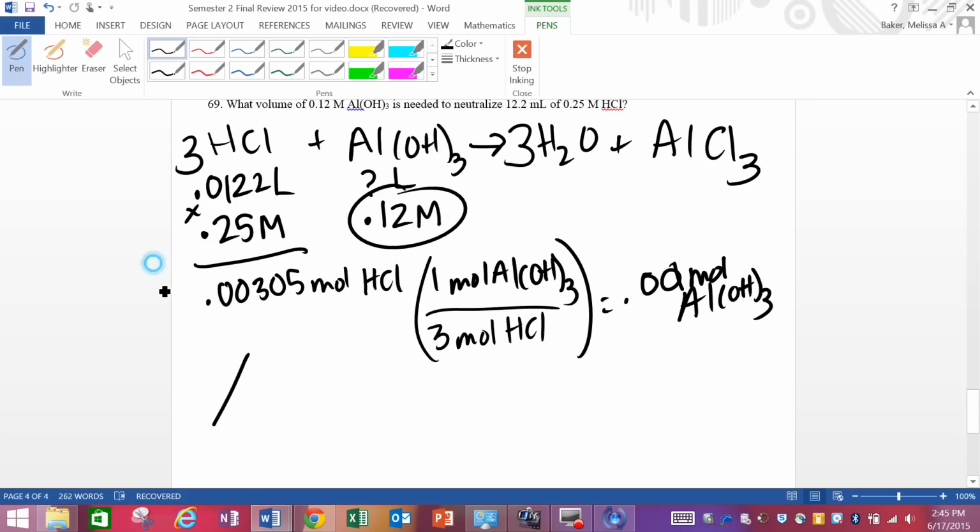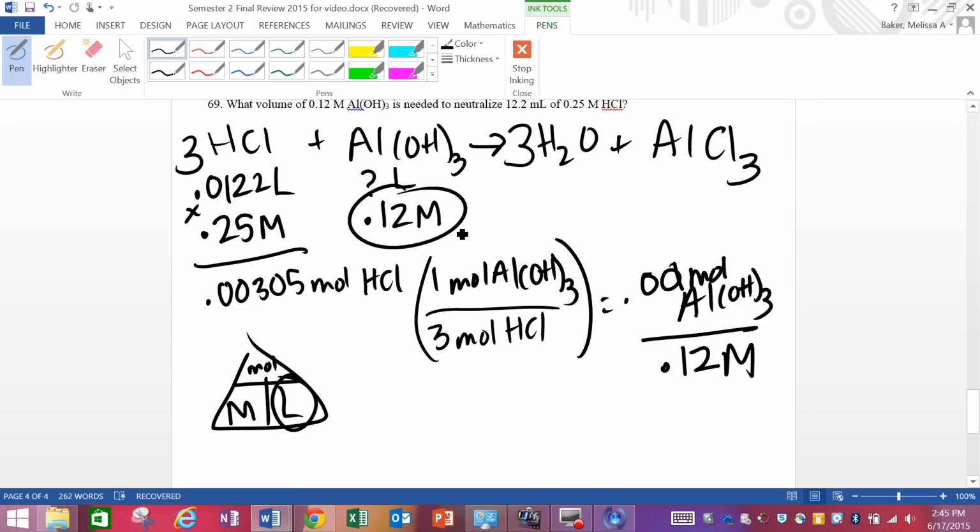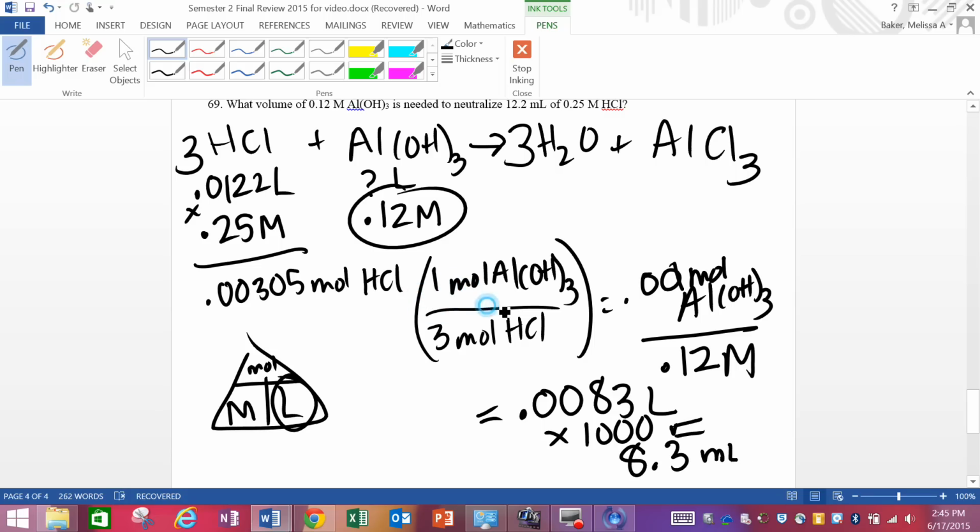How do you figure out how many liters you would need? Well, to get liters, you do moles divided by molarity. 0.001 divided by 0.12 is 0.0083 liters. How do you get that into milliliters? Multiply by 1,000, and now we're talking about 8.3 milliliters of the 0.12 molar AlOH3 would be required to neutralize that acid. And that is it for the